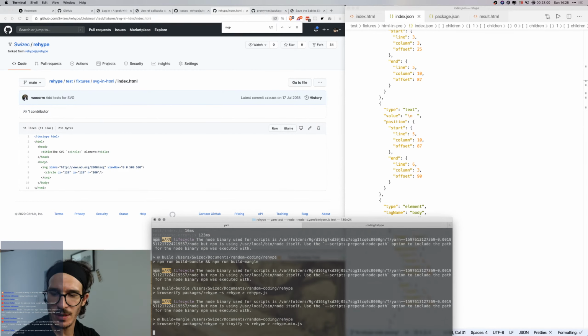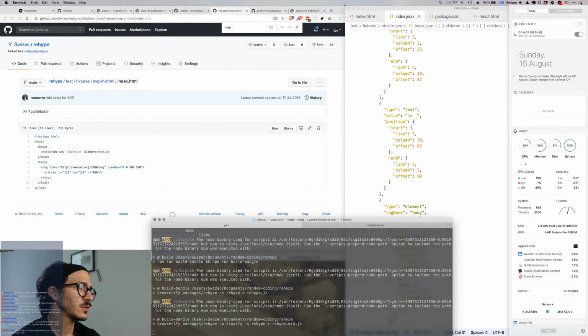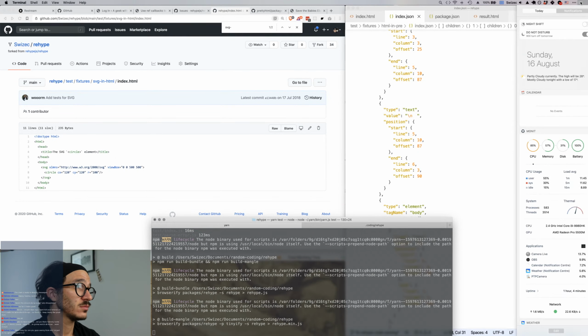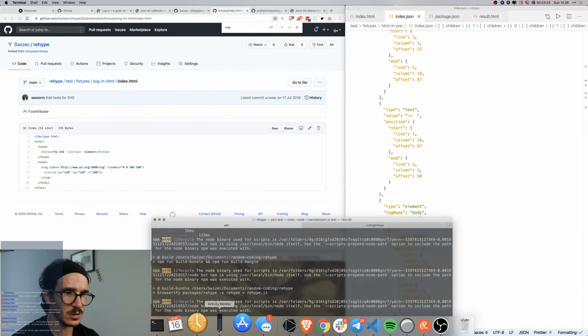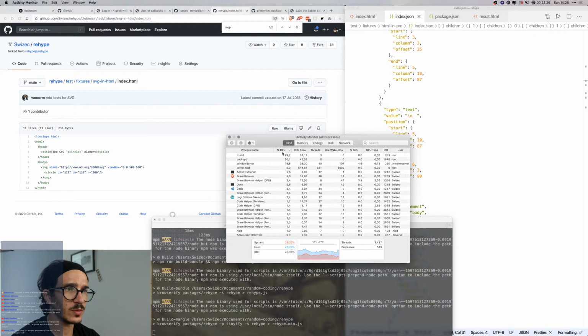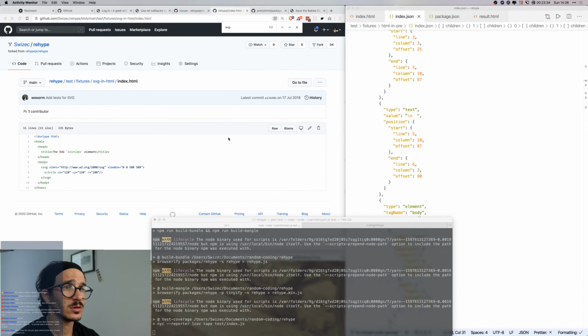My computer says I have 10% dropped frames. Is that true? But at least it looks like my computer is not overheating too badly. Yeah. And how's my CPU usage? Let's see. Activity Monitor, what am I doing? Okay. Kernel task, yeah, it seems to be working okay-ish. Very nice.